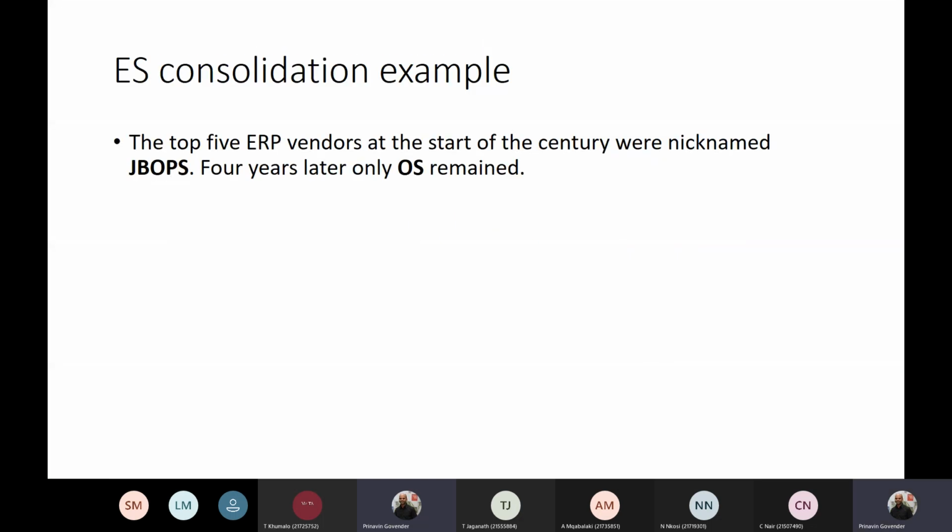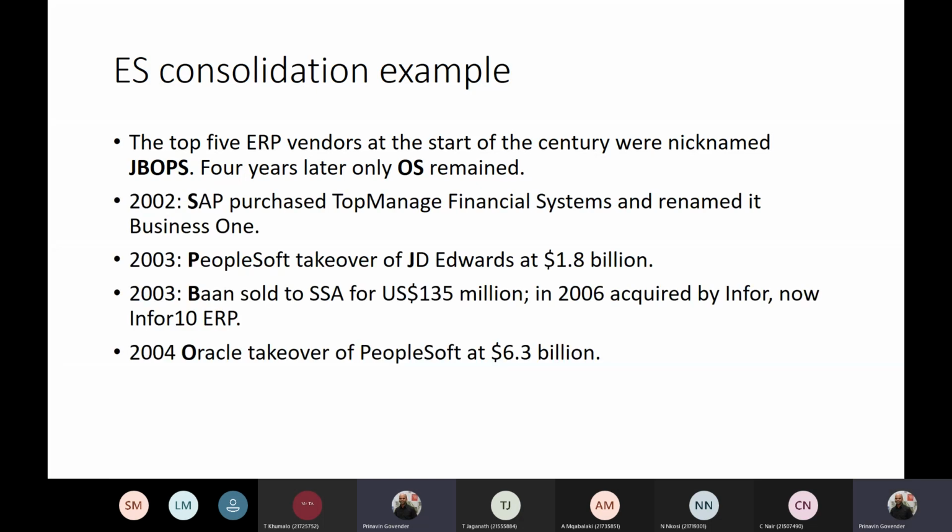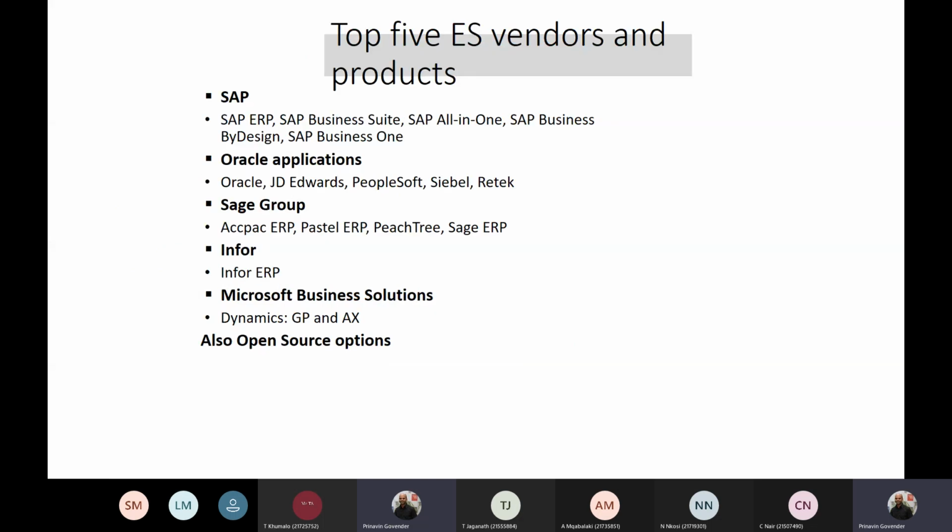The top 5 ERP vendors. SAP, that was the PeopleSoft and Oracle, right? I think I have it out here. SAP, Oracle, Sage Group, Microsoft Business Solutions. Under SAP, you've got SAP ERP, SAP Business Suite, Oracle, JD Edwards,